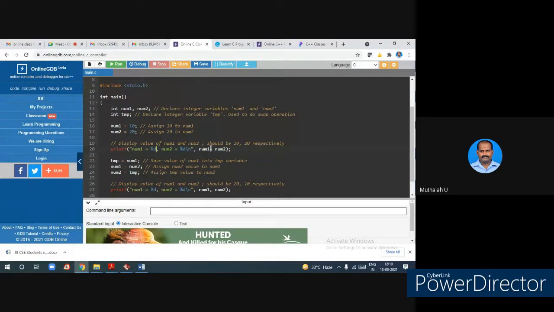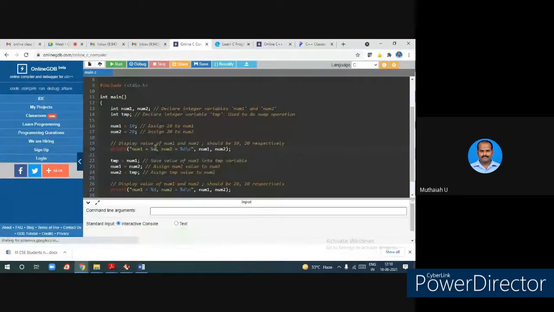What type of variable is this? Now, one is an integer. If it is an integer, you have to give percentage d here. So why is this "number 1"? Whatever you give within double quotes will be printed. It will be displayed in the console window. Understood? Number 1 is coming to your console window. Number 2 is also coming to the console window. But what about this control string? Its meaning is control string. Okay, you can understand this meaning. Control string. What control string? What are these values?